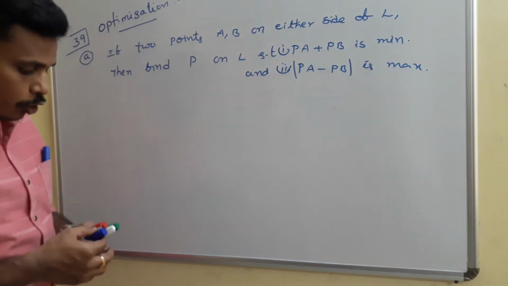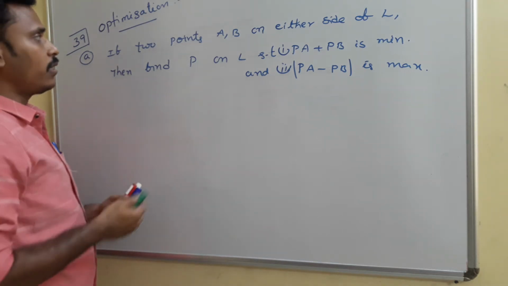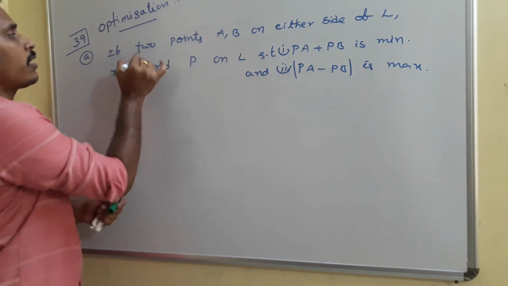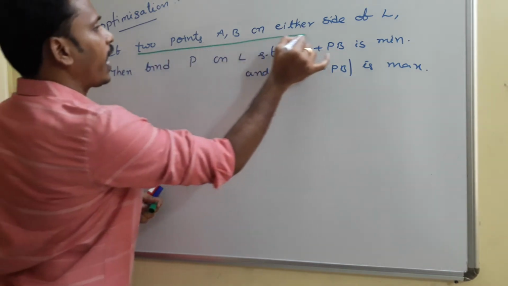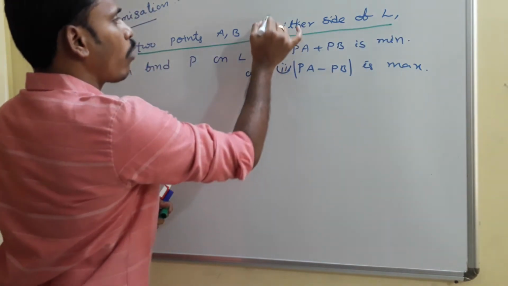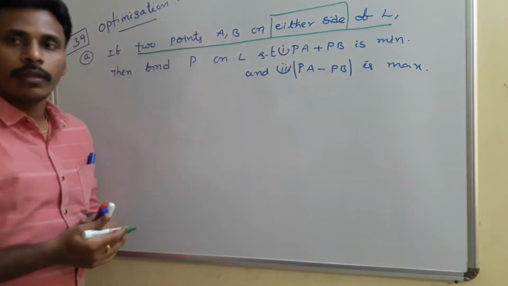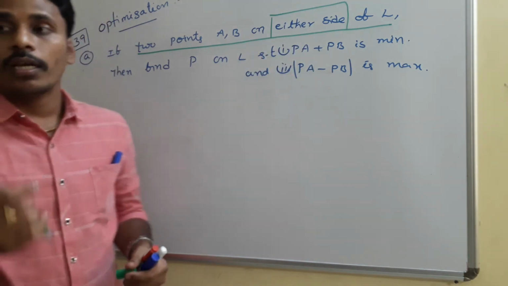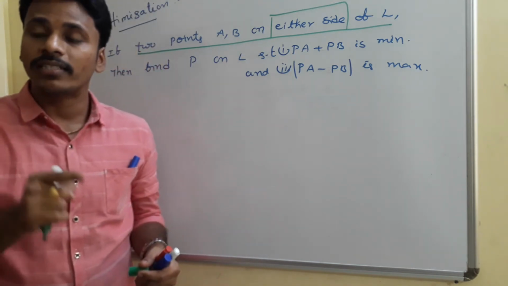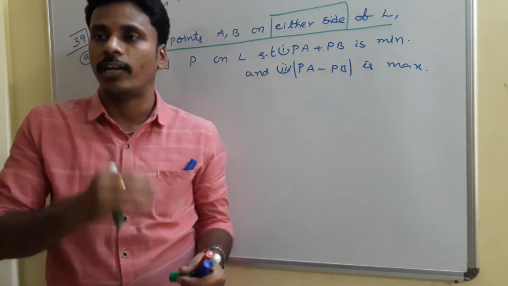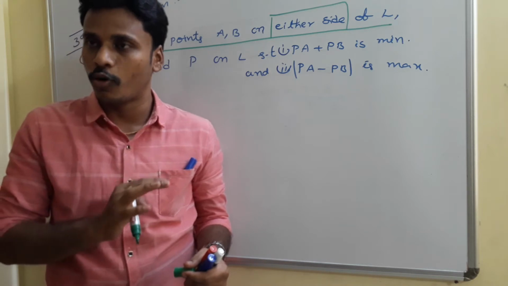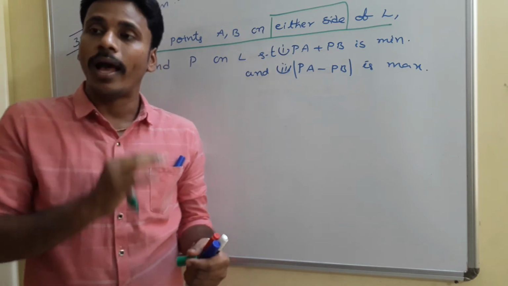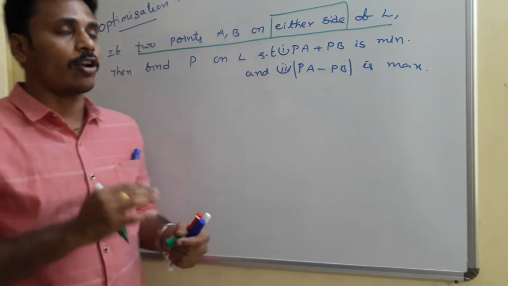Okay, once again look there, the problem is like this. There are 2 points A comma B on either side of the line. You need to identify the words "either side", right? Again I will have one more sub-bit like B, in which I will discuss if the points A comma B are on the same side of the line. Now the discussion is about the situation where the points are on either side of the line.